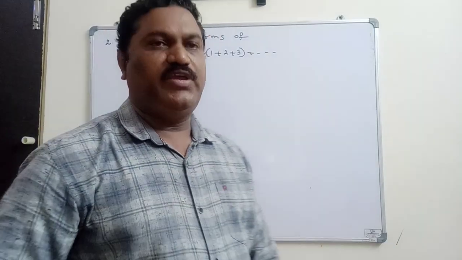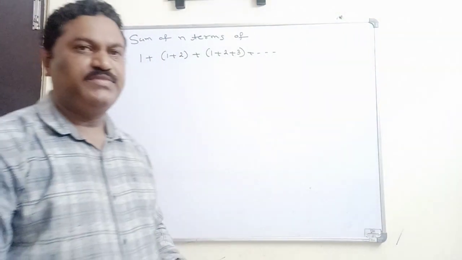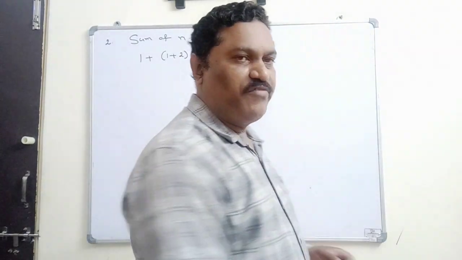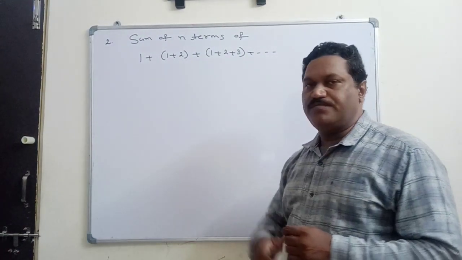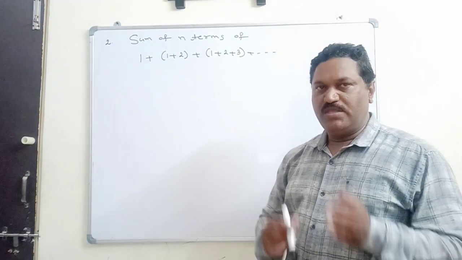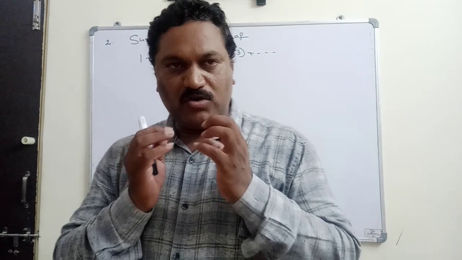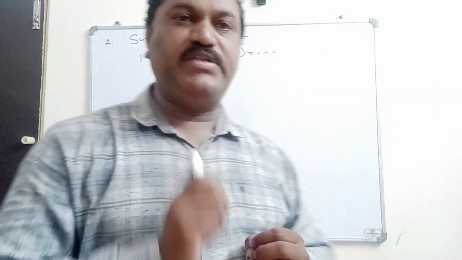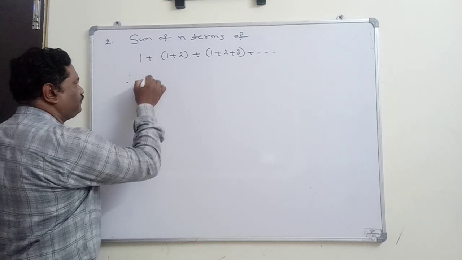Okay, now here you will see the next problem. Just observe here this special series. We have to find the sum of n terms of this special series. To find the sum of the n terms, here also the procedure is the same. Just by observing the given 3 terms or 4 terms, we have to write the nth term of the given sequence. For finding the nth term, that is called the Tn.